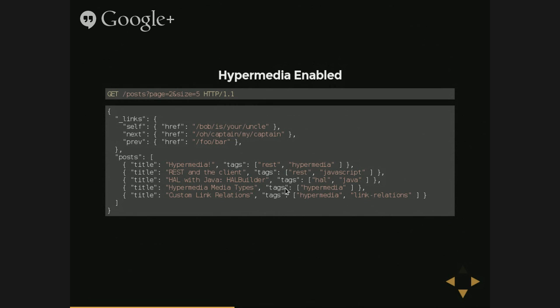But HAL's one of them, Siren, Uber, JSON API is another. All of them at various stages of standardization. HAL itself does have an RFC right now. I don't know that I linked to it. It's at like seventh iteration. They're working on getting it finalized. Some of the others, I'm not sure if they're through full task force and